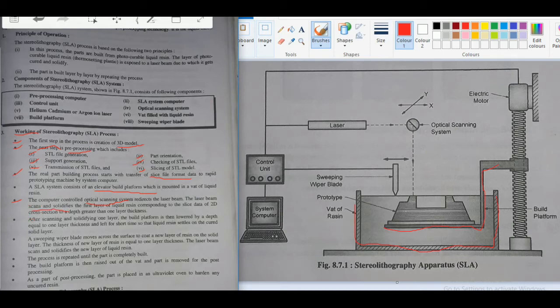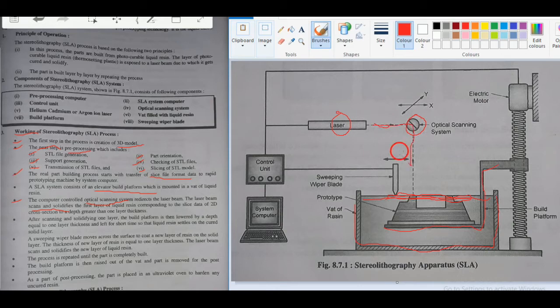Here friends, first initially our build platform will be in this position, and one layer thickness will be this much. The laser beam coming from this laser is redirected by this optical scanning system from this direction to this direction.